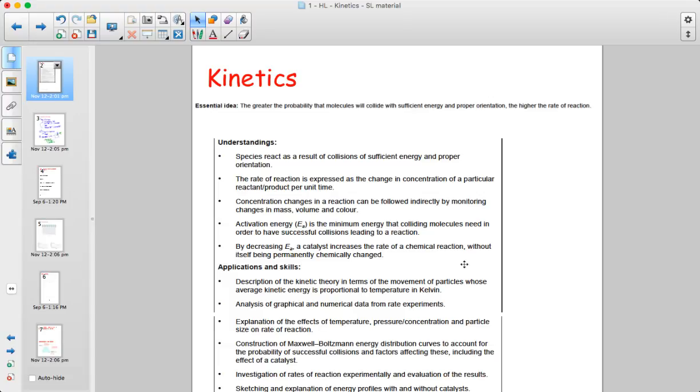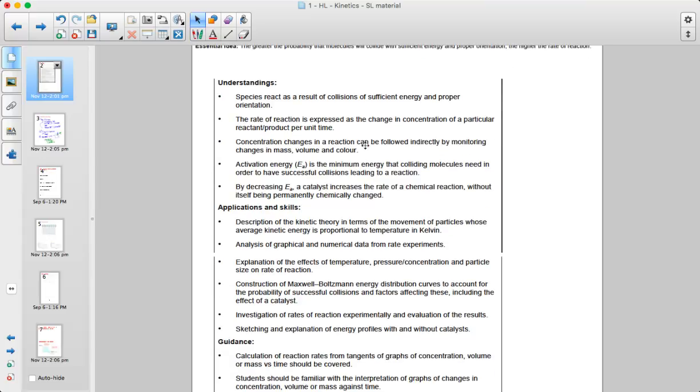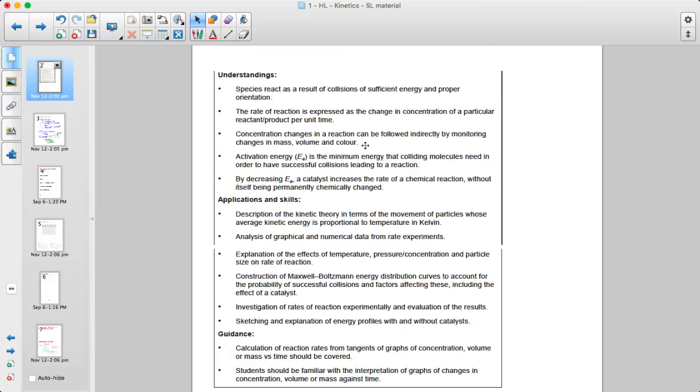Okay, in this video, we're going to attempt to cover all the key ideas and types of questions for the standard level material of kinetics, which has to do with the topic of reaction rates. So I cut this out from the IB syllabus. Essential idea of kinetics: the greater the probability that molecules will collide with sufficient energy and proper orientation, the higher the rate of reaction. This is the list of things that we're going to cover in the video as quickly